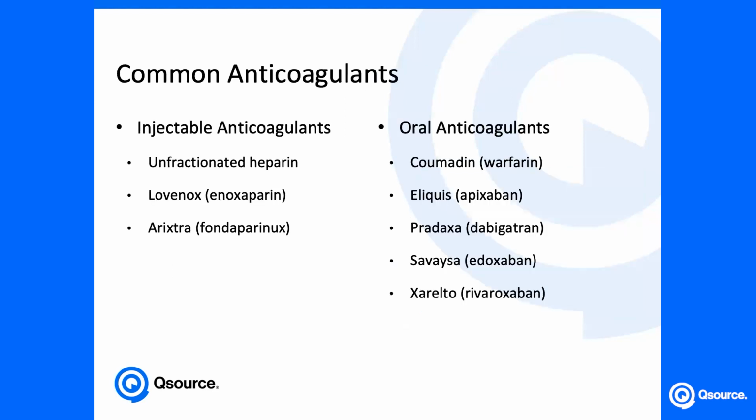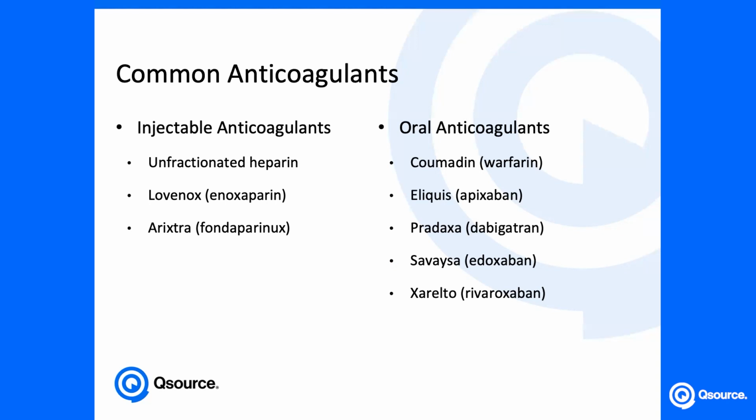When we think about common anticoagulants, I tried to keep the list as short as possible. There actually are not any additional oral anticoagulants. Those are the 5 that we have on the market. But injectables, there are some other injectable anticoagulants that just aren't applicable to the long-term care setting. So they're much more inpatient hospitalization type medications. But the 3 that you may see, probably not listed in order of frequency, but just in order of the classes of medication, would be